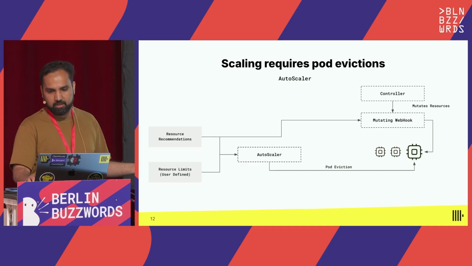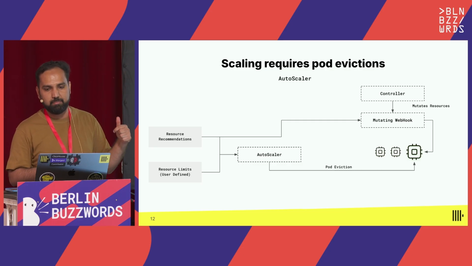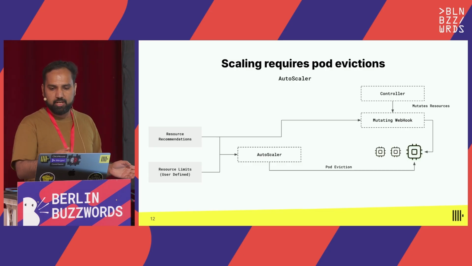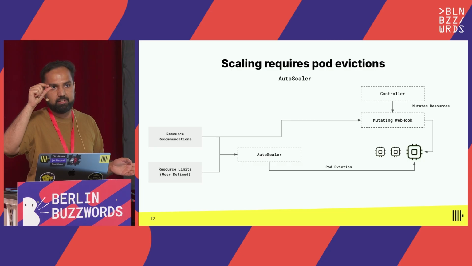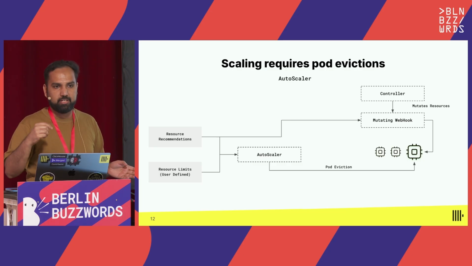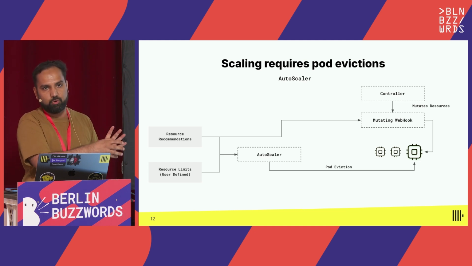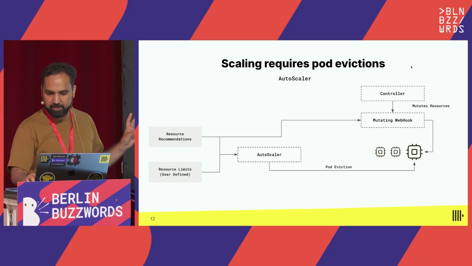And why is that happening? That's happening because there's a missing piece of the puzzle here, which is a mutating webhook. So Kubernetes provides admission controller webhooks, and in this case, what happens is every time the pod gets evicted, the controller resubmits, the webhook intercepts the pod spec. So for example, if the pod has a StatefulSet specification of, for example, 10 gigabytes of memory, but the recommendation algorithm thinks you should be at 20, we'll intercept that, and the mutating webhook is going to read that 20 gigs, and then it's going to modify that little resource and limit field. And when the pod gets submitted, it actually comes up with a bigger size. So this, in turn, is actually what happens inside the autoscaling architecture when ClickHouse scales itself, right?